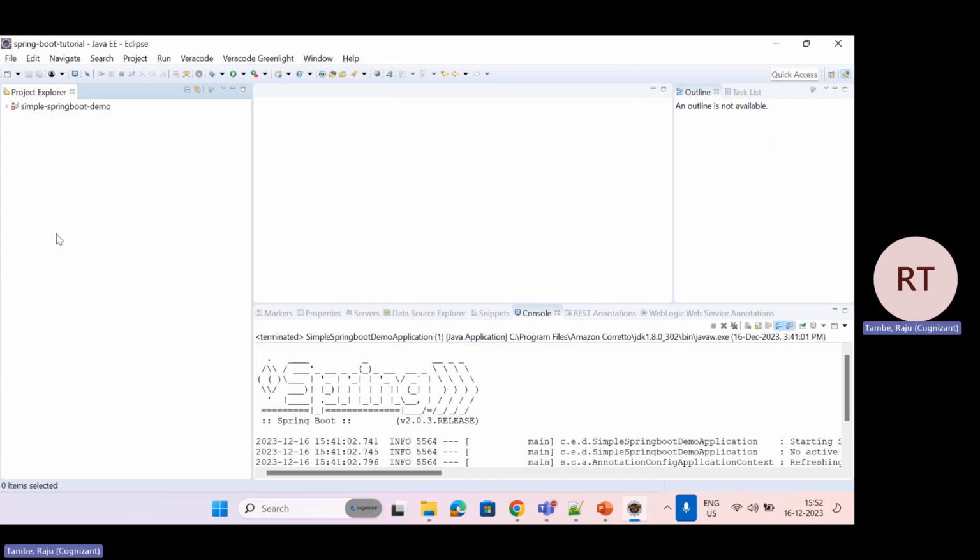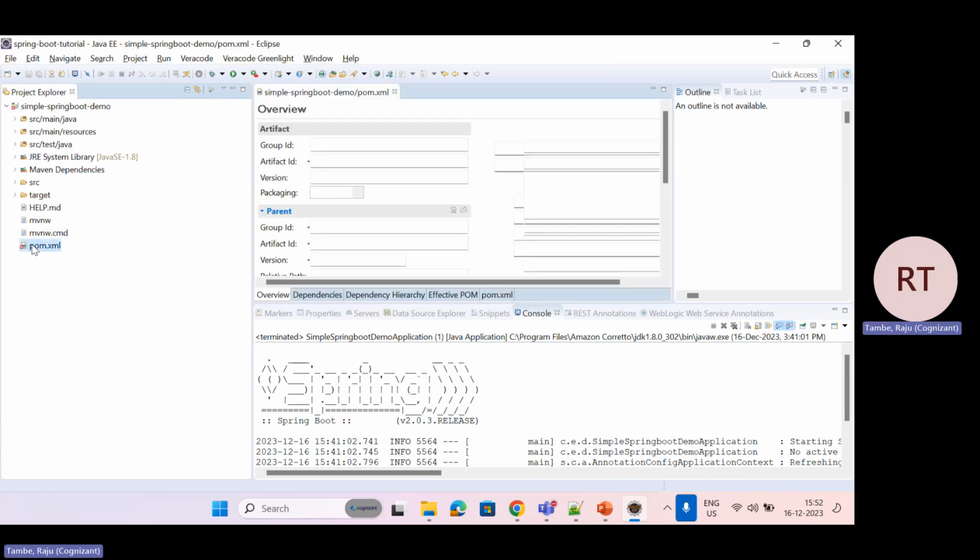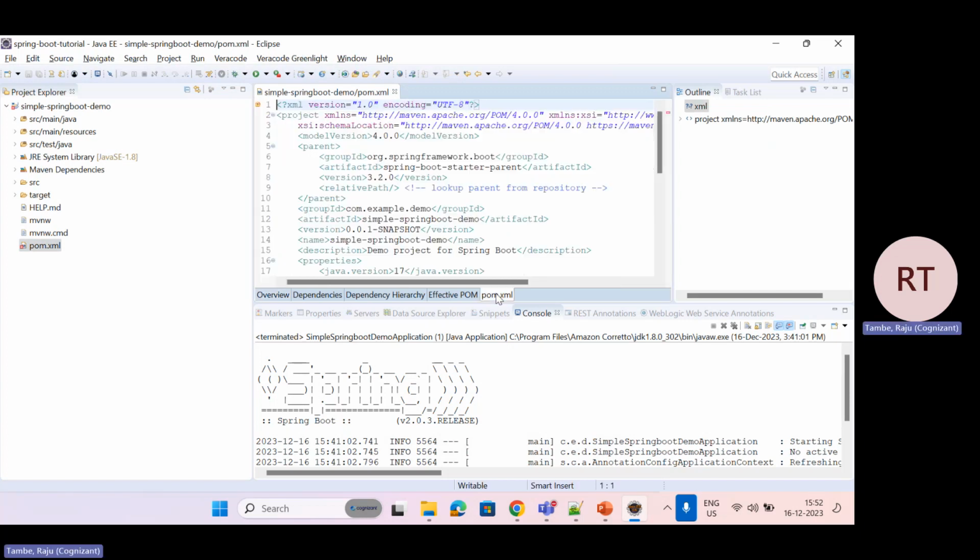So now it imported the project. Okay. So go to the pom.xml. It is showing some error. Okay. So in my system,